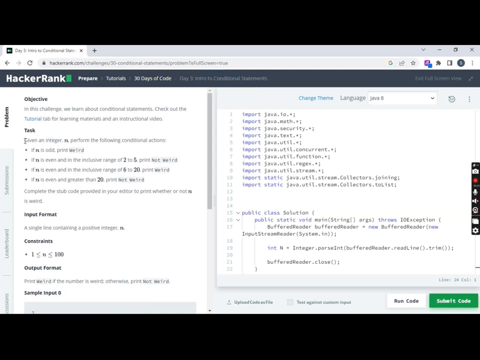So this is our task. Given an integer n, perform the following conditions. If n is odd, print Weird. If n is even and in the inclusive range of 2 to 5, meaning it lies between 2 and 5 and both are inclusive,